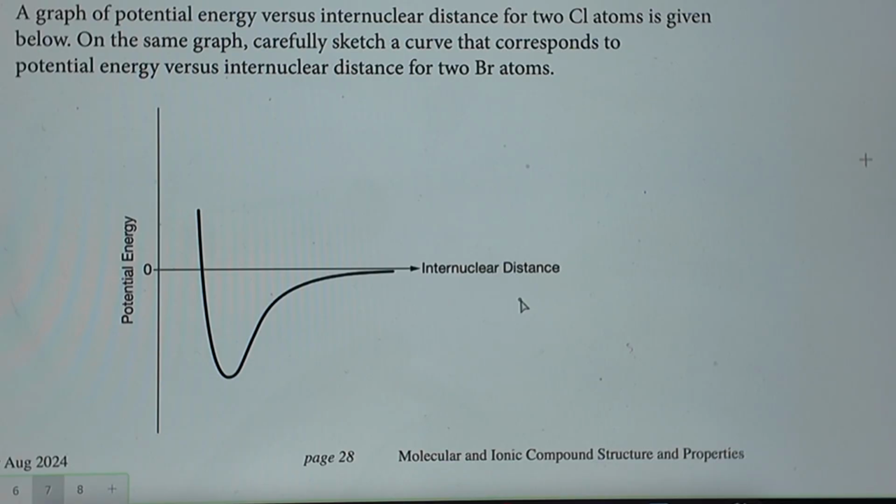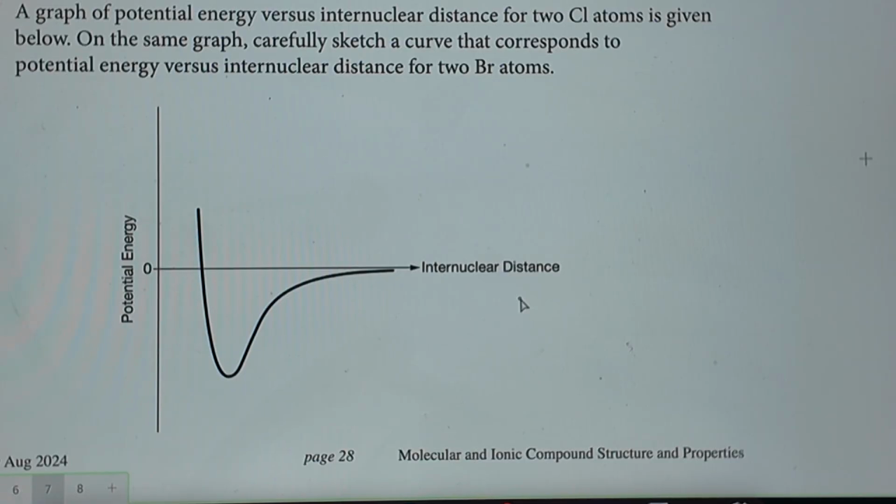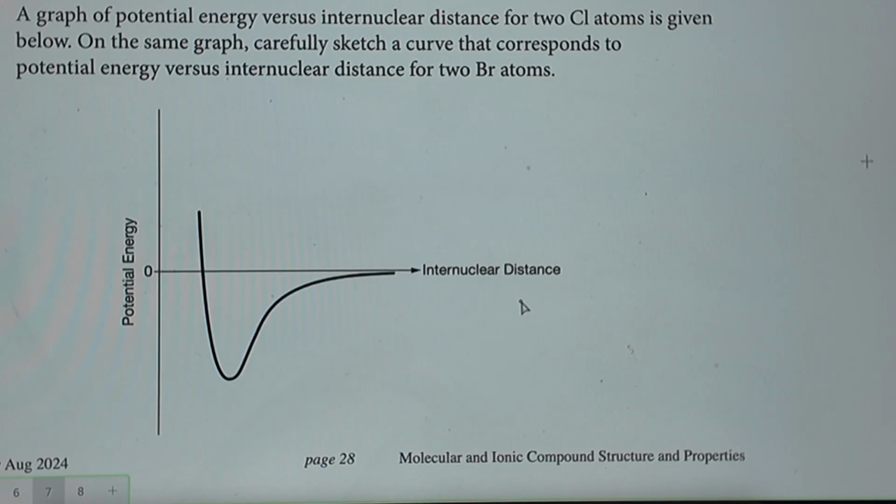Graph of potential versus intermolecular distance for 2 chlorine atoms is given below. On the graph, carefully sketch a curve that corresponds for 2 bromine. So if you look at your periodic table, bromine has more rings, right? So its distance would be longer. So it would start here, and it would be something like that, only because its internuclear distance